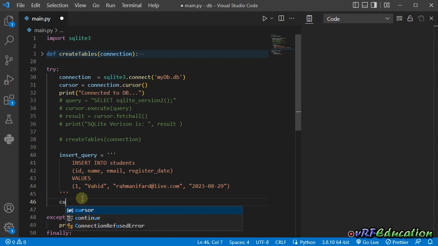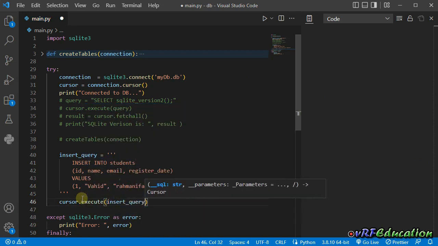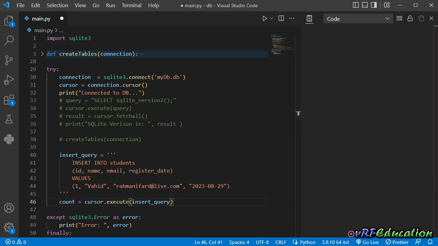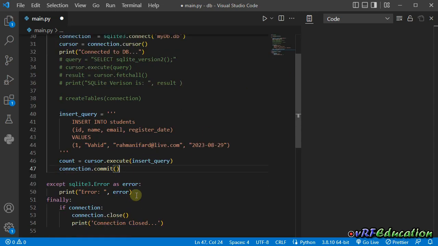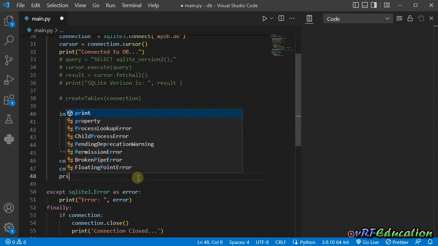I'm going to say cursor.execute and then pass this query or statement to this method. I can save the result into a variable named count, and we can make use of this result in future. And here we need to say connection.commit. So we commit the change. Every time you need to apply some changes to your database, such as deleting, updating rows, or inserting something into your tables, you need to commit after you call execute. And after that, I'm going to say print